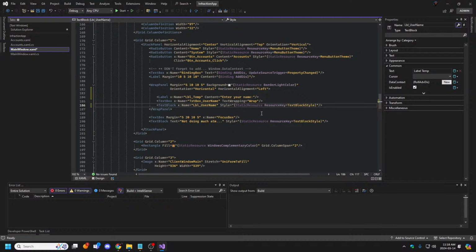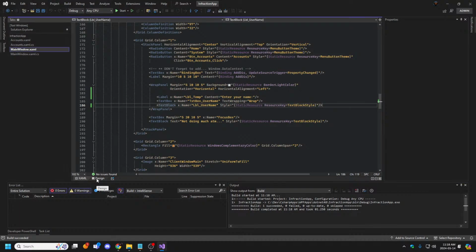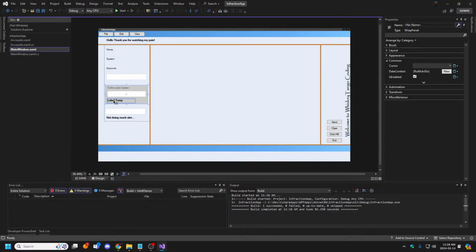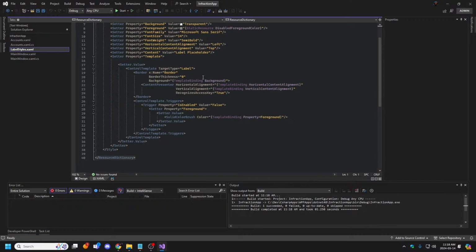There, I need to paste this. We're going to get rid of that. Just going to give it a quick build. Okay, let's have a look at our design. Okay, there we go. So it says label temp because in the background with my resource library, I have